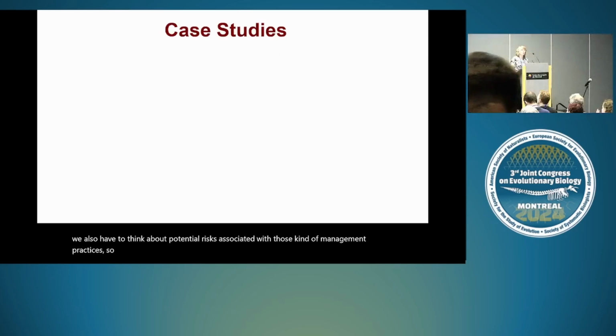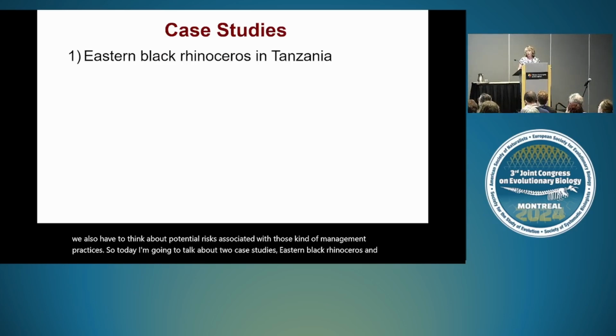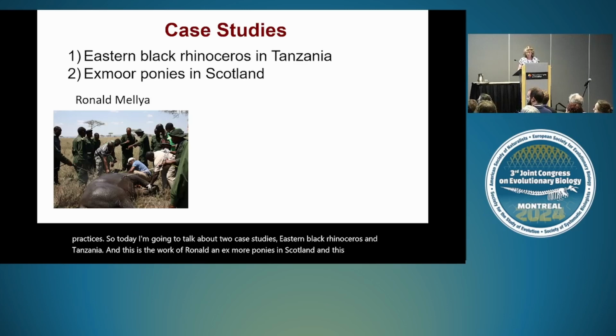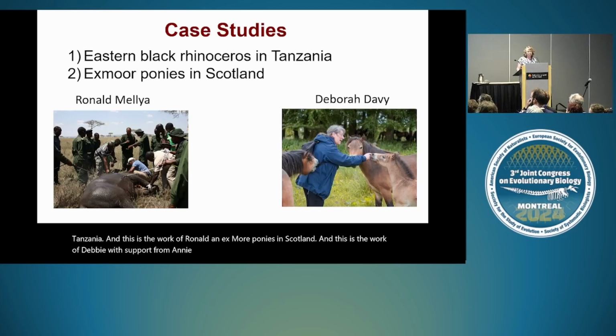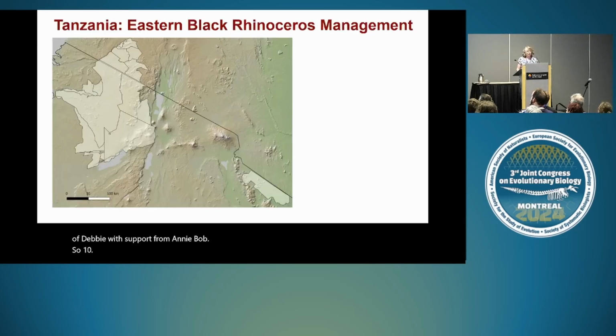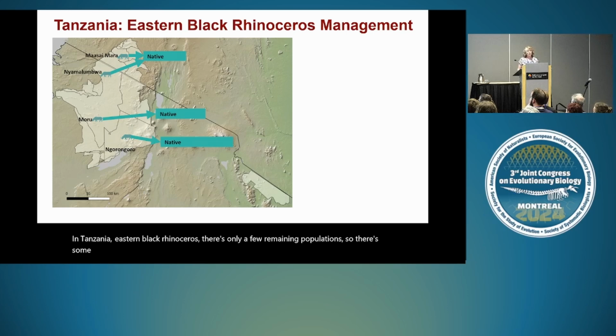So today I'm going to talk about two case studies: Eastern black rhinoceros in Tanzania, and this is the work of Ronald, and Exmoor ponies in Scotland, and this is the work of Debbie, with support from Anubab. So in Tanzania, Eastern black rhinoceros, there's only a few remaining populations. They were down to 3 native populations. One of them is a transborder population with Kenya, and then 2 that are in the Serengeti and Ngorongoro conservation